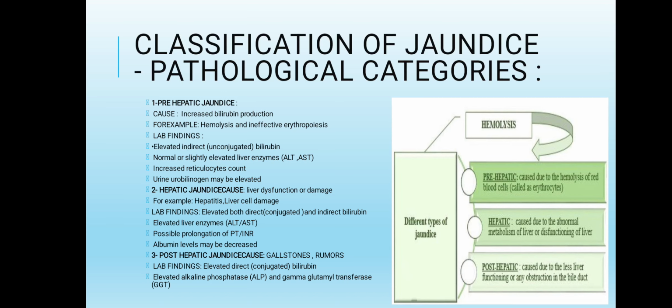ALP, alkaline phosphatase, is found in the liver, bone, and other tissues, so elevated ALP levels indicate liver or bone pathology. GGT, gamma-glutamyl transferase, is found in the liver and the bile ducts, and its elevated levels are often specific to liver or bile duct disease. GGT can help confirm the liver origin of an elevated ALP.